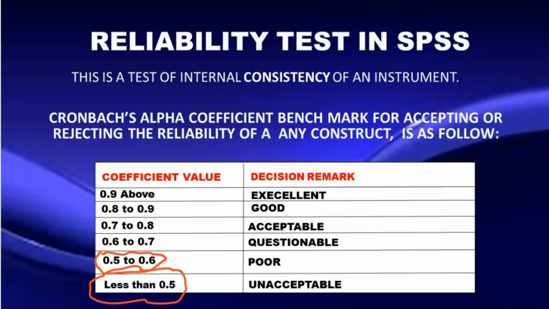If you calculate your reliability and you come up with 0.8 to 0.9, it is a good reliability. And if your calculations give you 0.9 and above, it is an excellent reliability coefficient. So it is on this benchmark that you can run your regression in SPSS or any other